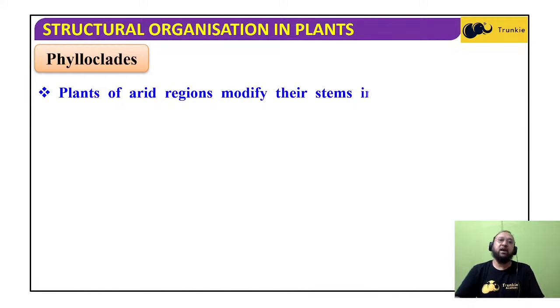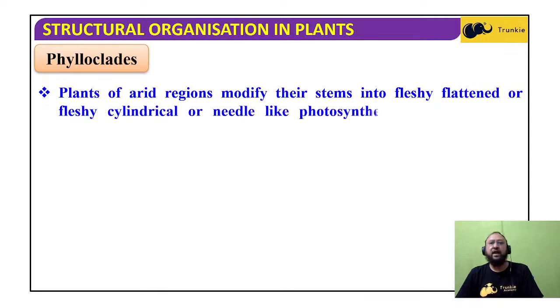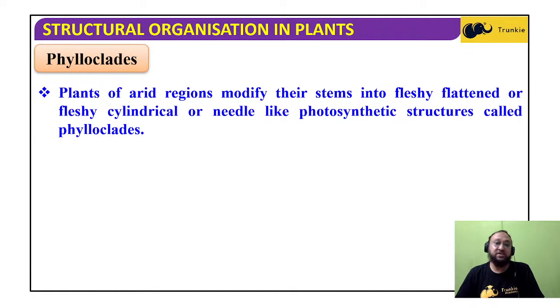Now phylloclades are found in plants of arid regions. They modify their stems into fleshy, flattened, or fleshy, cylindrical, or needle-like photosynthetic structures called phylloclades. Now try to understand. Arid regions are where there is less availability of water, the condition is dry, and the soil is dry. So these plants growing in dry conditions have scarcity of water, and they develop some kind of modification. They are adapted in such a way that they can sustain and live easily